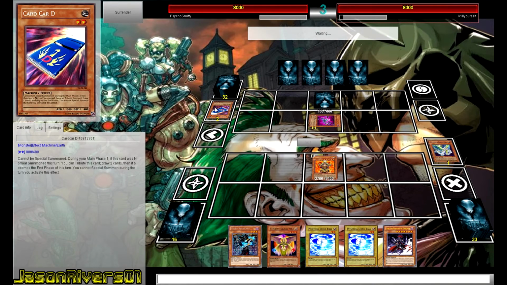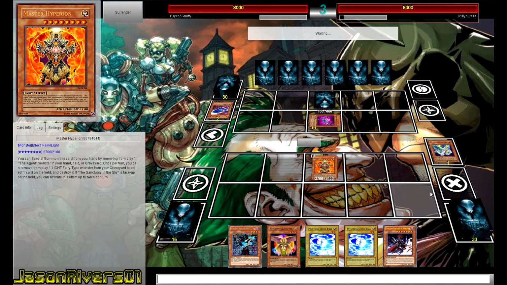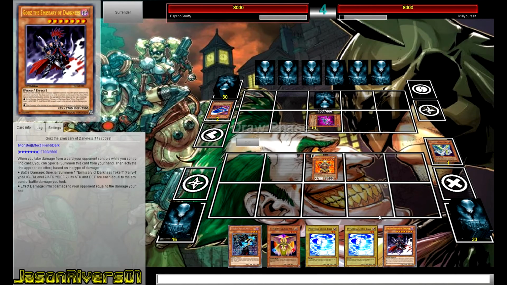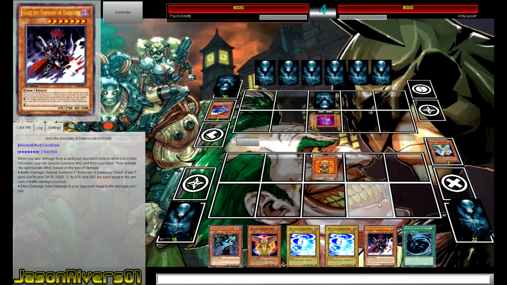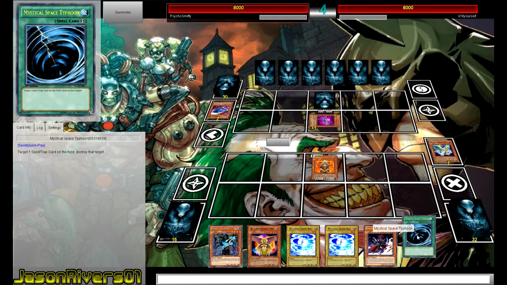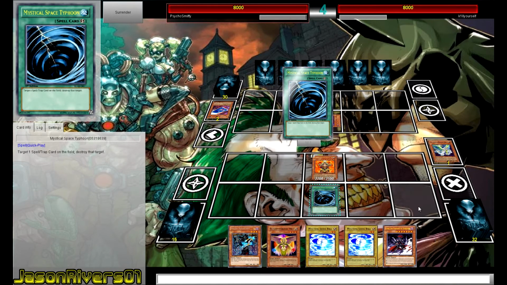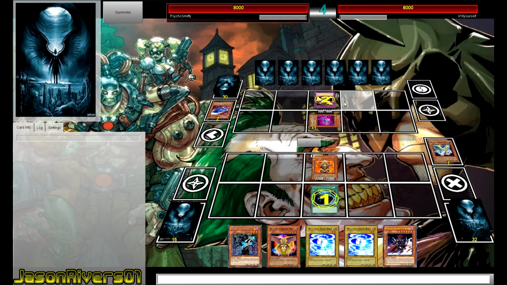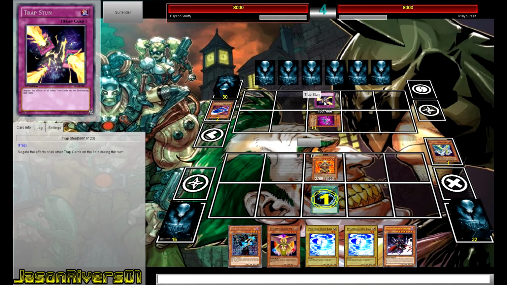He's using card D's effect. Just have to turn those off. Okay, we have drew a MST, which I will use on his one and only back row. You might chain it just so you can see what it was. It was a trap stun. But I don't have any traps, so...